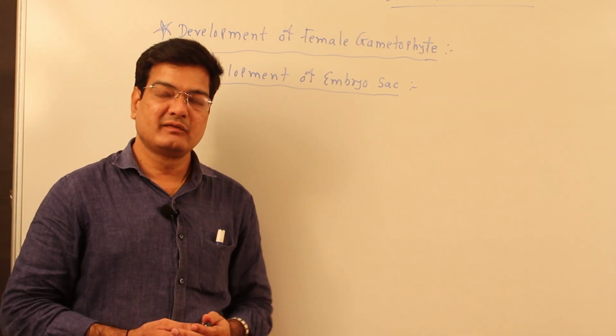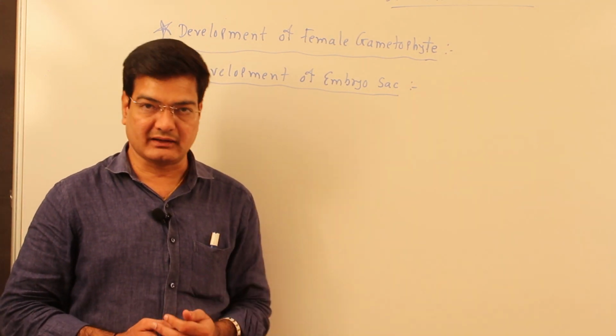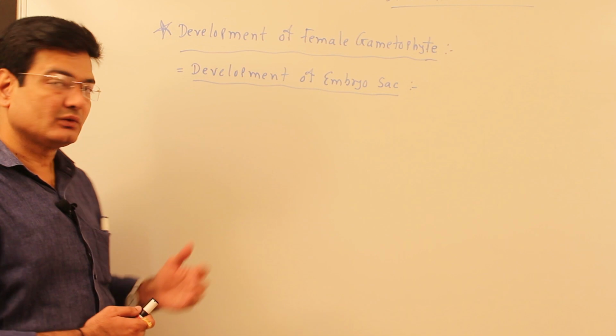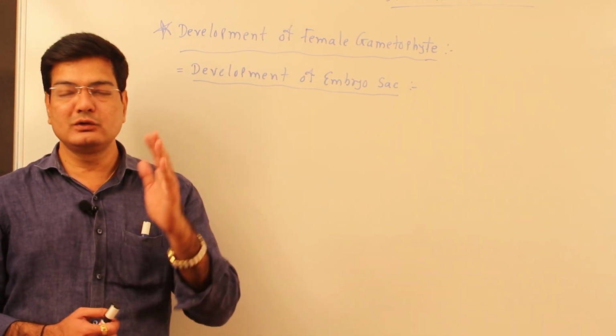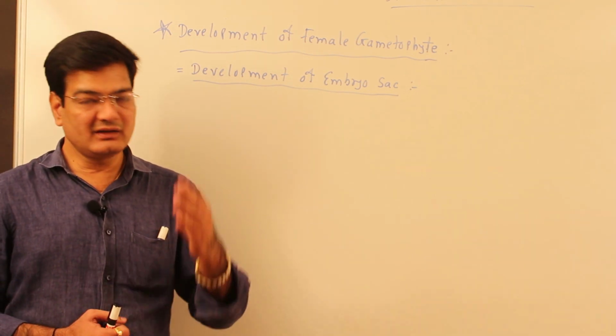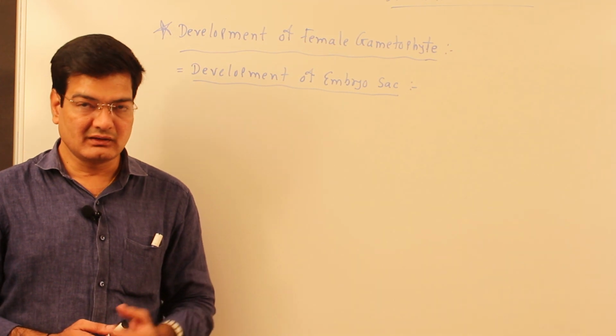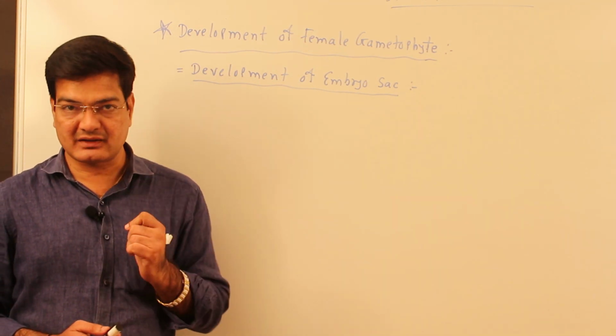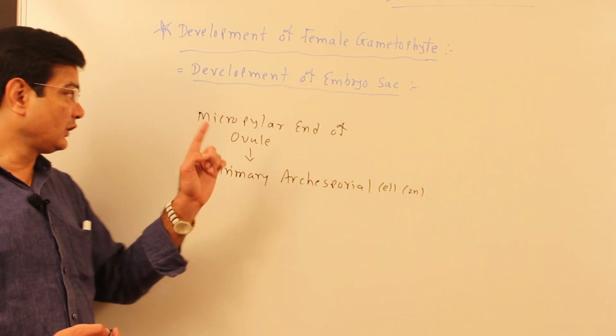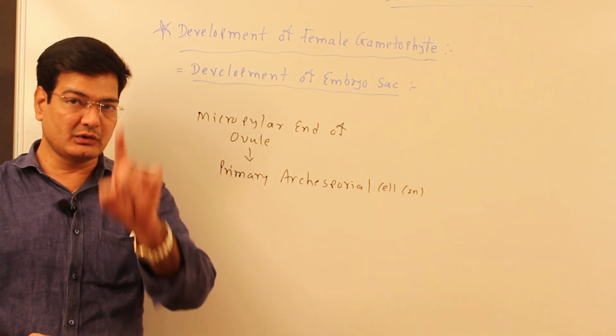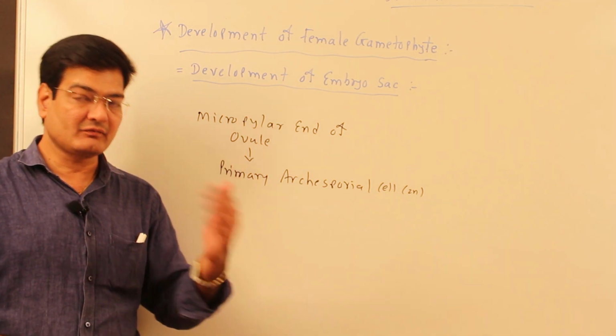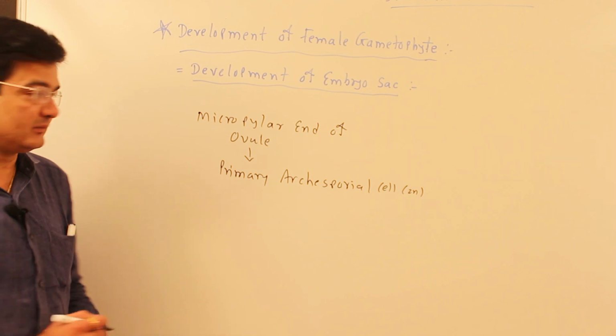Development of female gametophyte or embryo sac. Students, we know in the ovule the nucellus is present. In the nucellar region, the archisporial cell develops. This archisporial cell, located towards the micropylar end of the ovule in the nucellar region, undergoes cell division to form